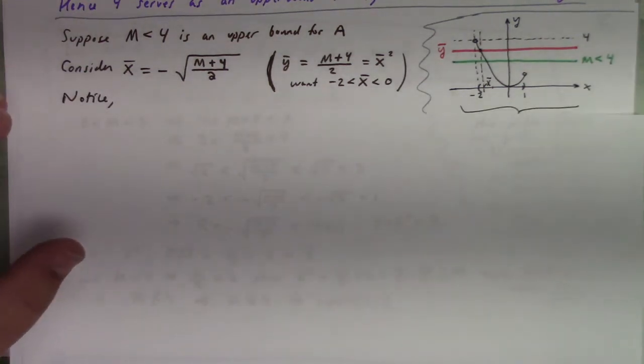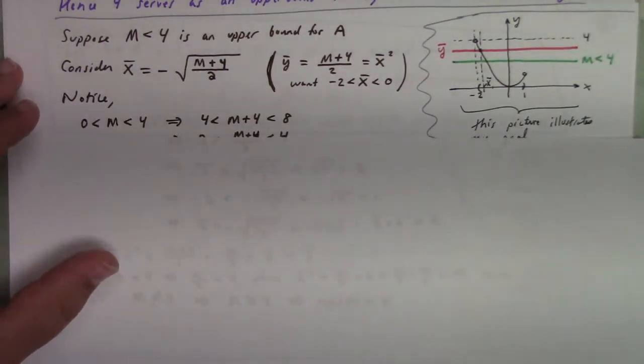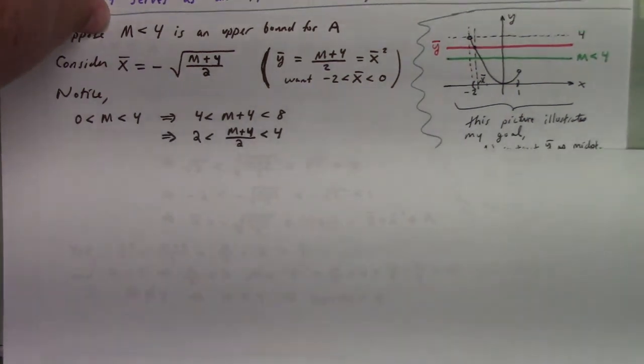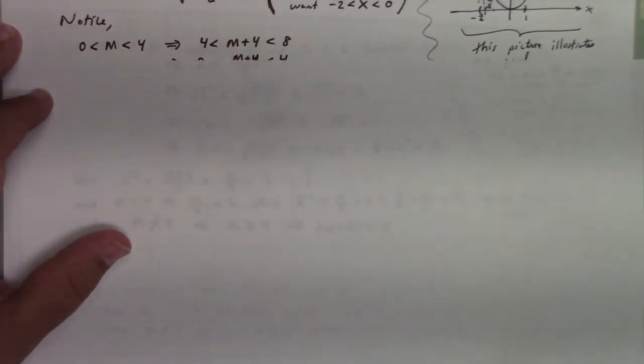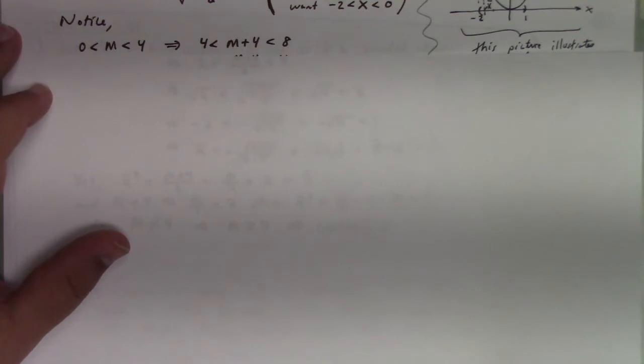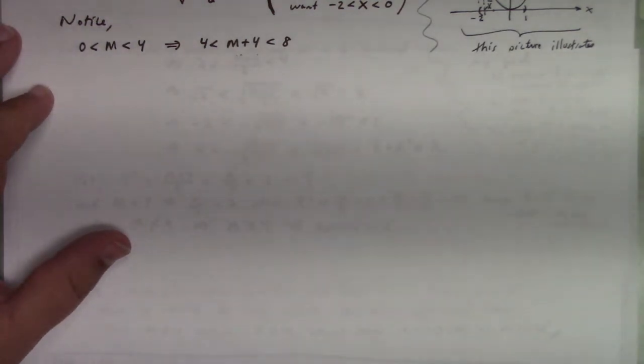All right, so stick with me here. It's going to take a little bit. We'll get to it. Okay, so 0 less than m less than 4 is true because m is a positive. M is assumed to be